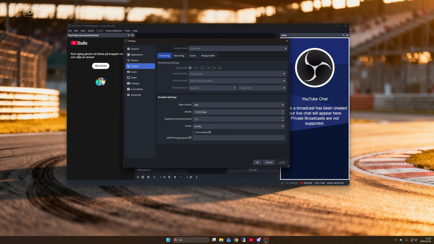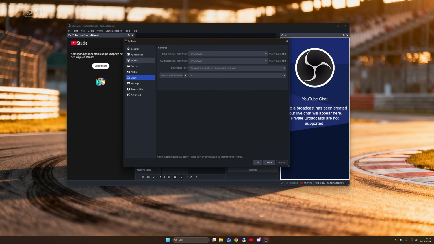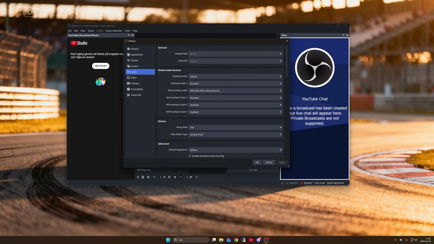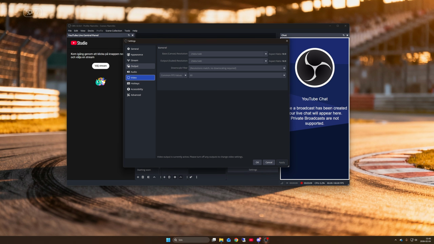That's about it, I guess. I think I didn't miss anything out. So this is my settings, but it's a lot of trial and error and just see what works for you. But this is my